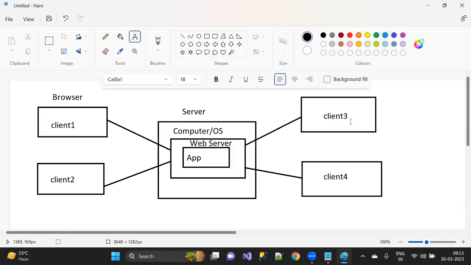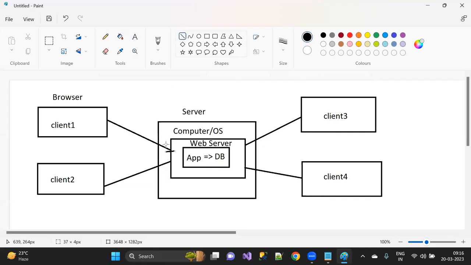Because Facebook is not like an application where only one person can use it at a time. I'm able to open Facebook from my browser. At the same time, some other people are also able to send the request, right? Now, the web server will take this particular request and connect with that application. And if this application requires any kind of database interaction, it will connect with that particular database, fetch the data and perform all that operation. Again, it will give the response, right?